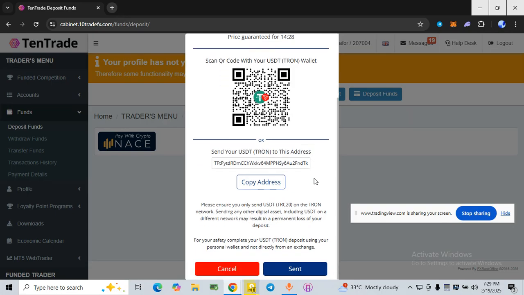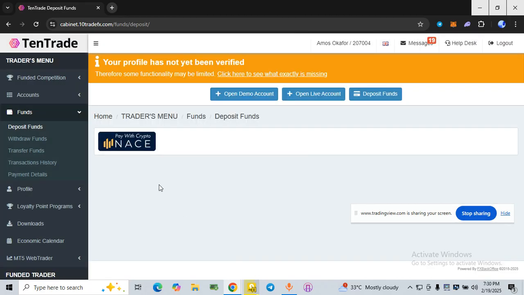In this case I'm not going to be sending money, so I'm just going to click cancel. Once you are sure that you are done sending it, you've been debited from your maybe centralized exchange or your wallets, then you just click on send. And once you click on send, if you go to your transaction history,